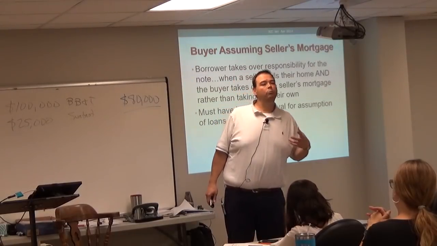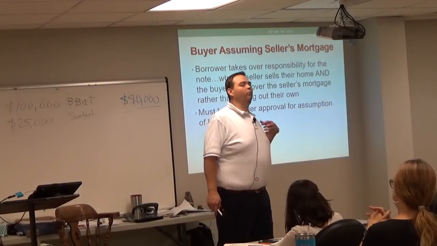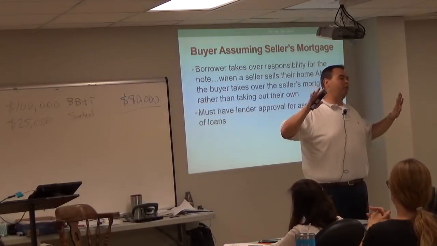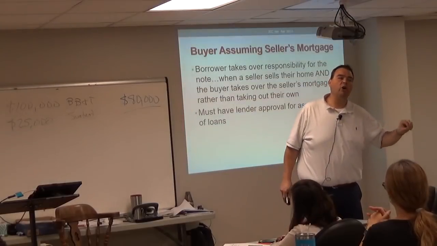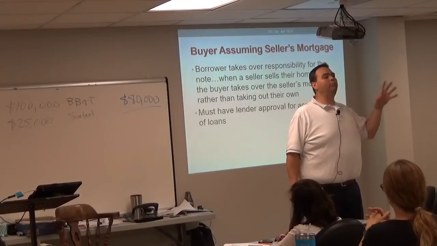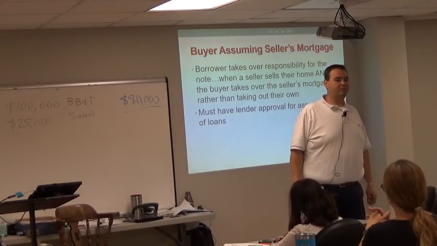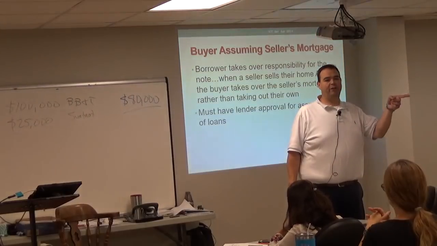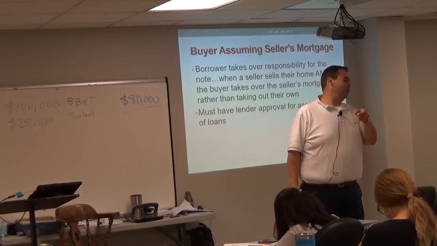Why do you think I would prefer to take over Kathy's loan? Why wouldn't I just go get my own? And it's not going to be about qualification. Let's say I'm qualified for both. Why would I prefer to take over Kathy's loan than go get my own? What must be true about the two loans? Kathy's interest rate's a rocking low rate. Kathy's interest rate is much better than what I can get when I go get a new loan right now.